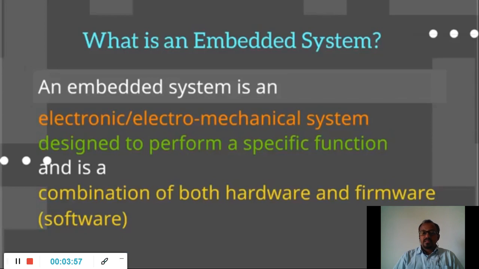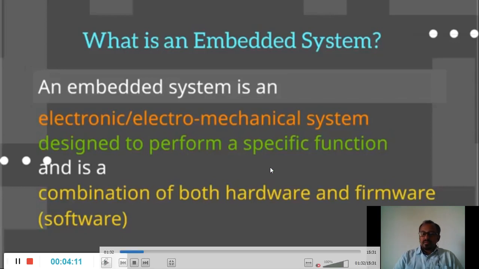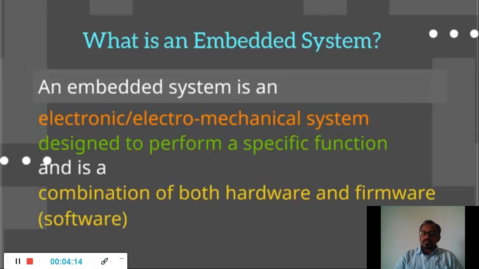Once again I repeat, the best example of an embedded system is a mouse, an MP3 player, a DVD player. There are any number of devices designed to do some specific work, not general like a laptop or a PC, which will run any number of different applications. The mouse cannot be used as a remote, for video recording, or as a music player. The mouse is used for only one specific work.